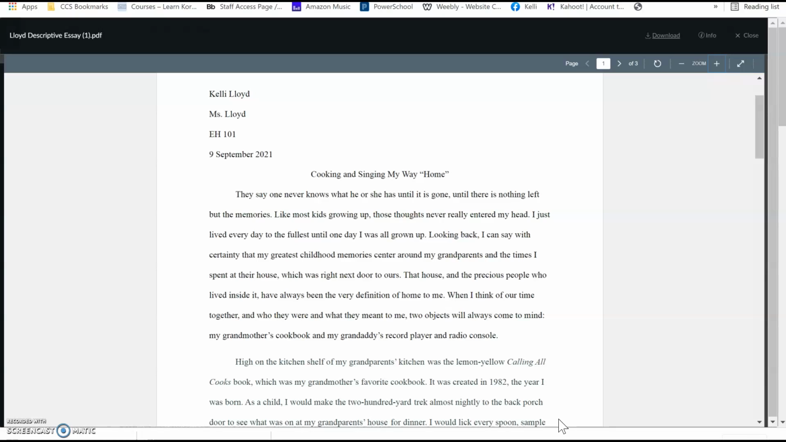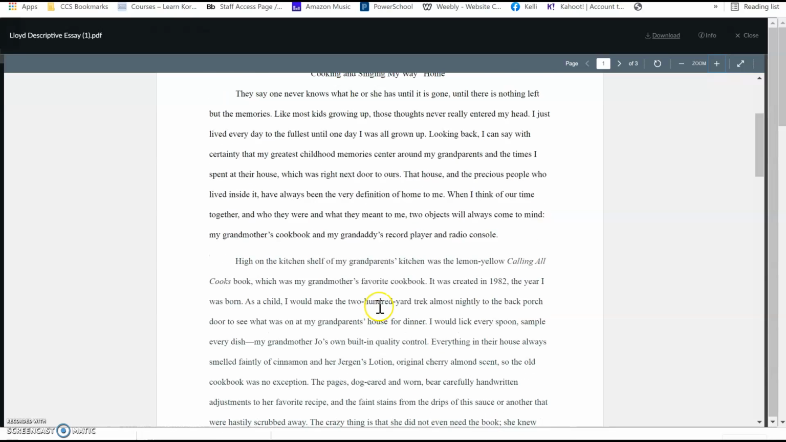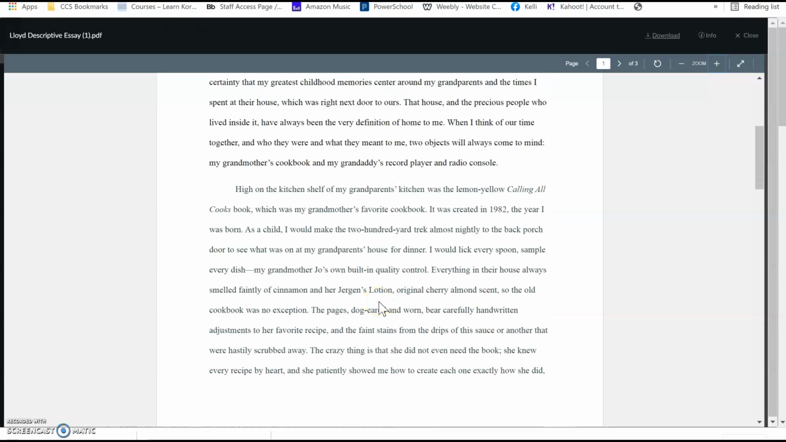Okay, so what I'm going to do next in my essay is start by describing that connection through that object. I talk about my grandmother's favorite cookbook. Then I talk about it in detail. I give lots of descriptive details on how it's meaningful, how it came to be,